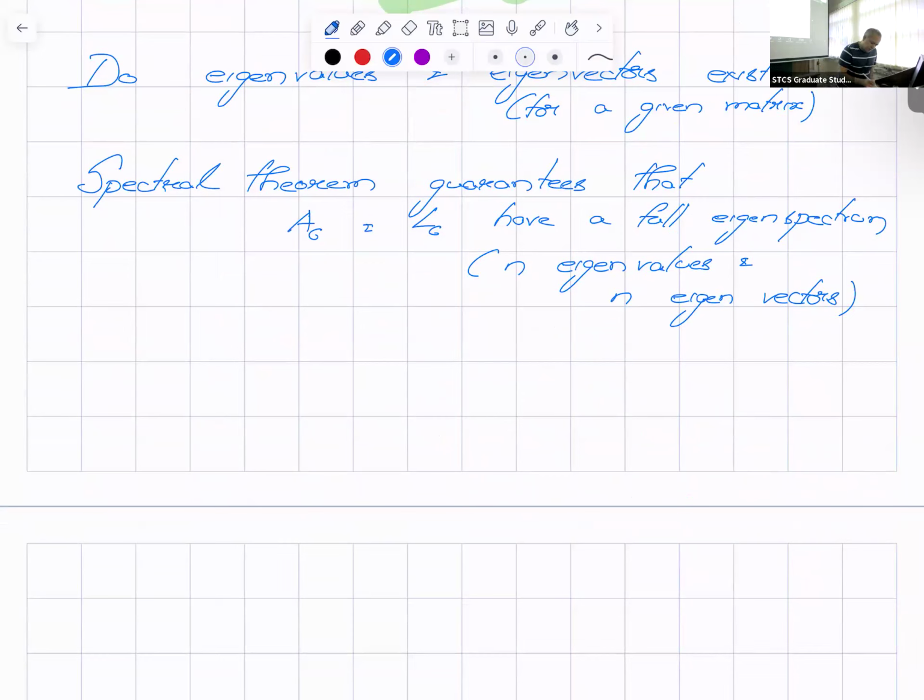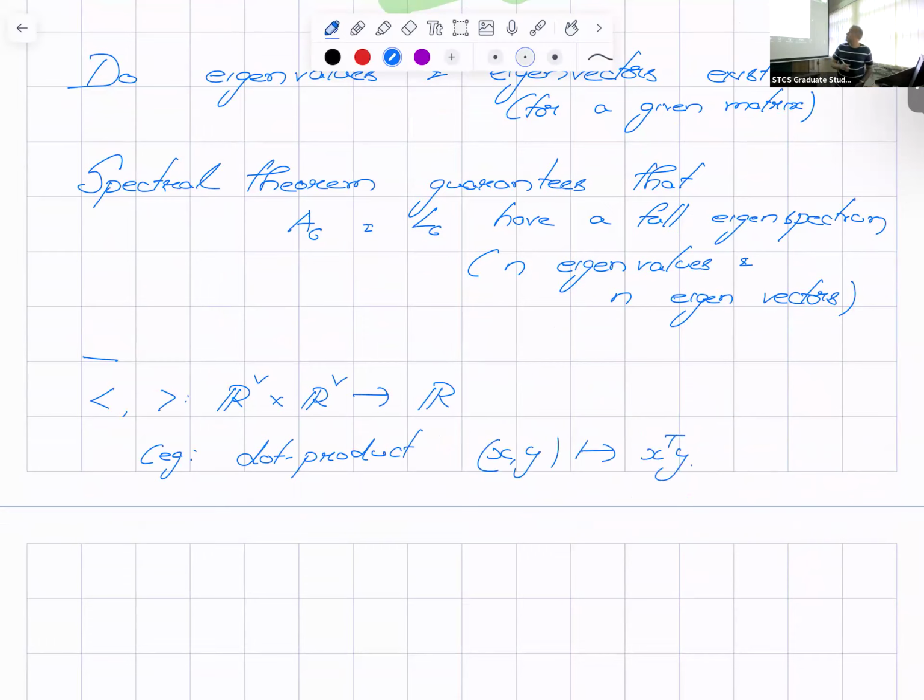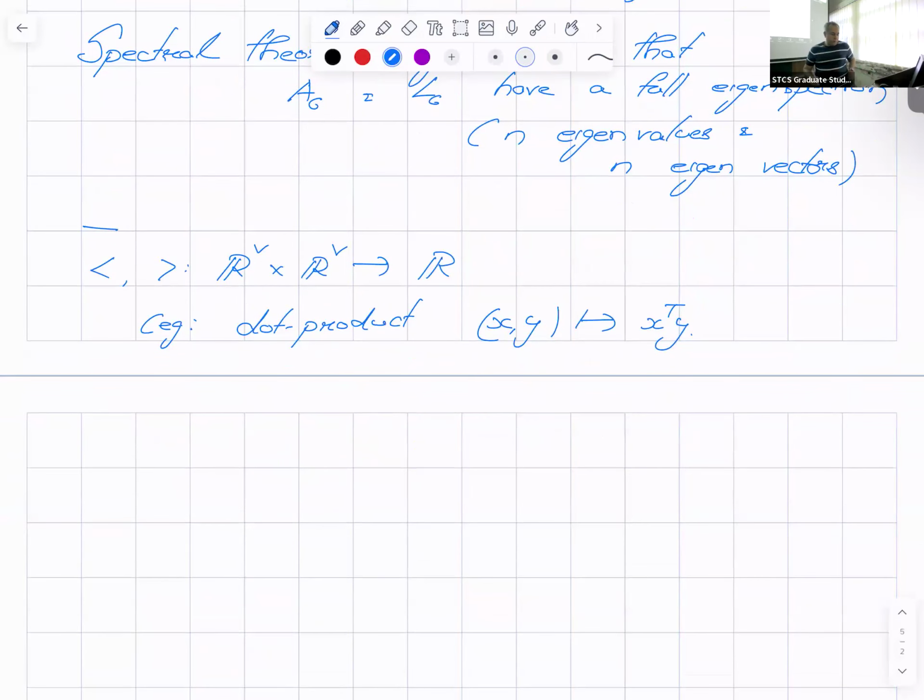So for that, we need to understand. Let's go back to our inner product. We had this inner product, which was nicely defined for us, if you recall. And an example is the usual dot product, which took x, y to x transpose y. And we also associated a quadratic form, which took